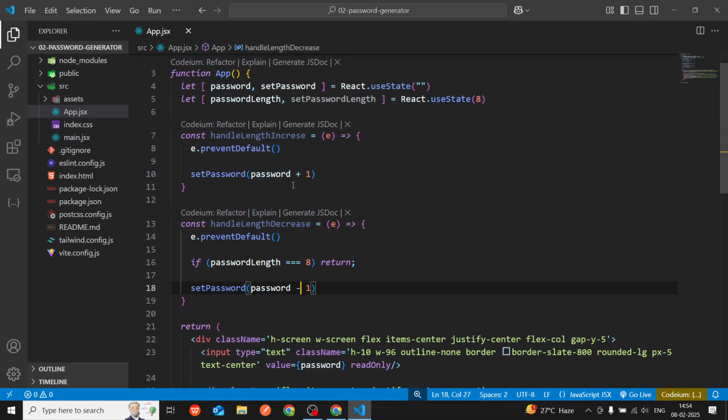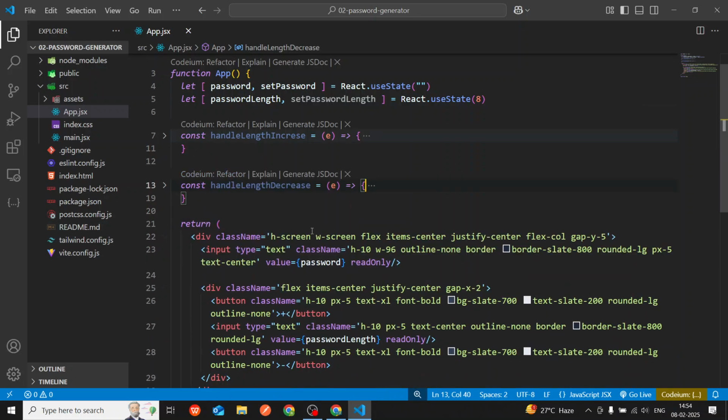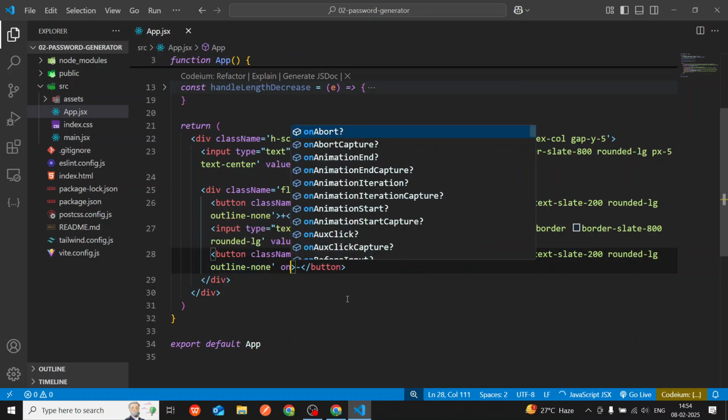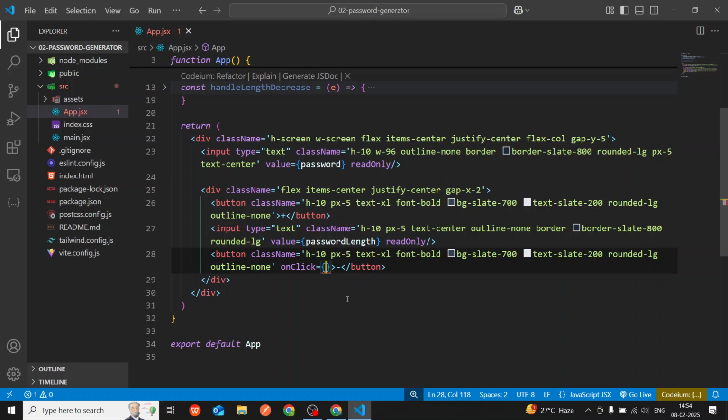Okay, now we have successfully created two functions. Now we have to use them. How can we use them? Using the onClick function, right? Here I will use onClick, and here handleLengthDecrease,